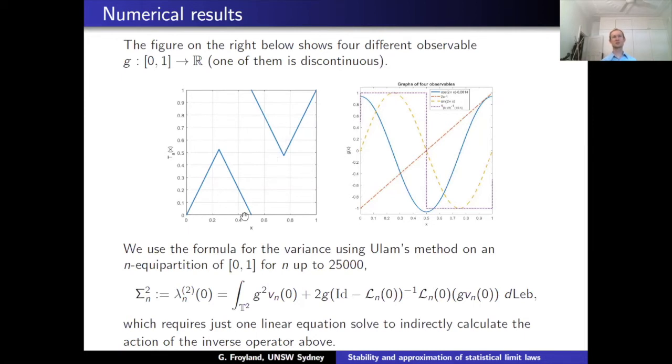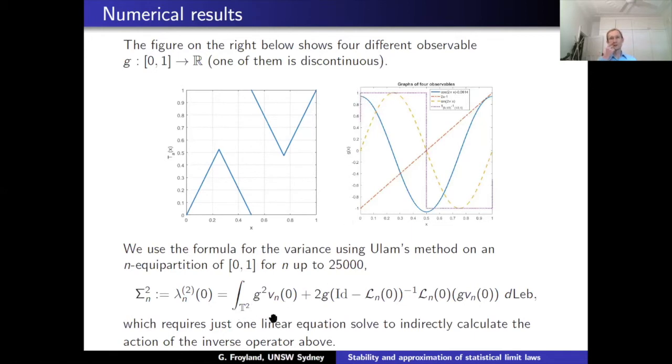So the dynamics here is that typically you spend a long time here, and then occasionally you switch over here. If I were observing with the purple function and I initialized here, I would see values 1, 1, 1, 1, 1, 1, and then at some point I would switch and get a sequence of -1, -1, -1, -1, and so on. So you have these long sequences of similar values followed by a switch. In that case, you'd expect the variance in your CLT to be very large, as compared to the blue, which is the other extreme, where you don't observe this asymmetry at all, and you'd expect a smaller variance there.